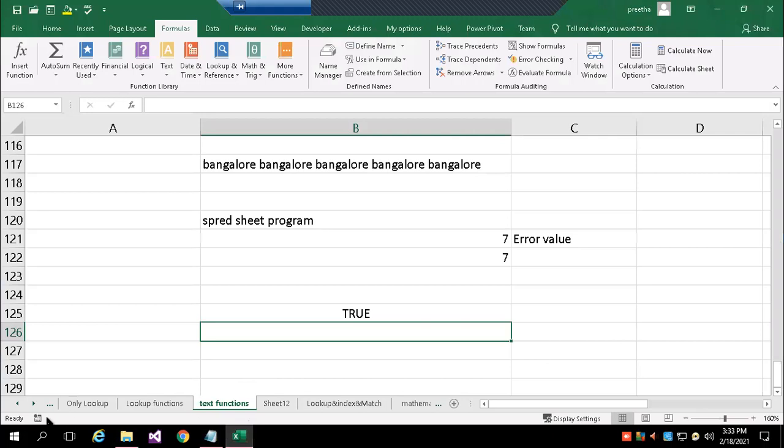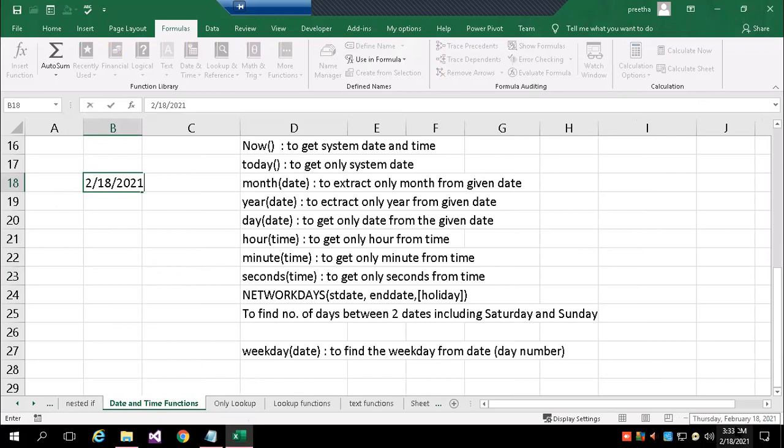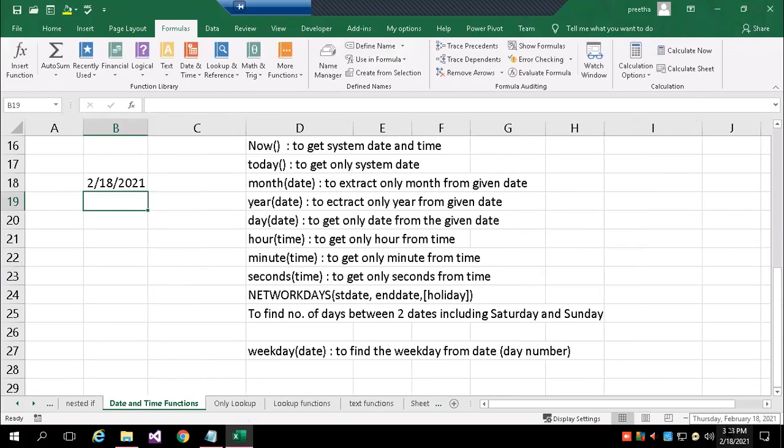One more function category, date and time. In Excel, the shortcut key for getting the system date is the control key and semicolon. Press control semicolon, you will get the system date. Control shift colon will give you the system time.